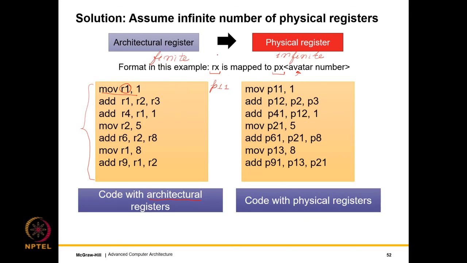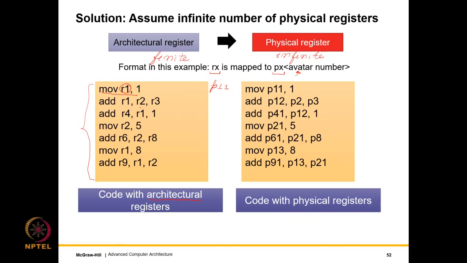So who does this process? Well, the hardware has a renaming engine, and this conversion from an architectural register to a physical register happens internally. All right. So the hardware does it internally, unbeknownst to the programmer or the compiler. It is kind of invisible. It happens internally, and internally they are mapped to a new set of registers. How that happens? Well, we will see in the next few chapters. Currently, I am just introducing the problem conceptually. So, I am making some assumptions which later on we will see will not hold, but that doesn't matter.